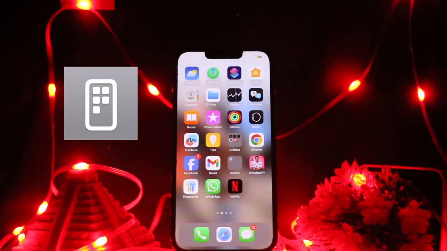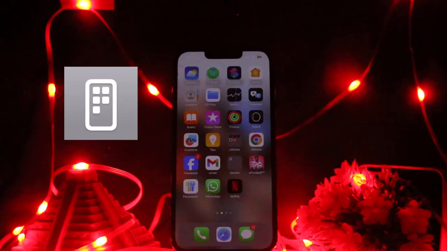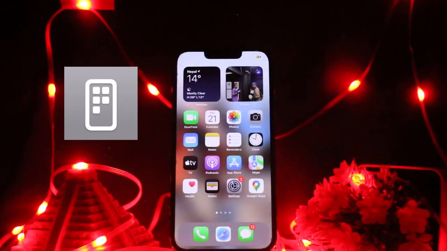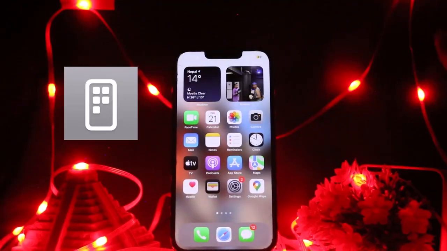So in the following video I will guide you to set up assistive access on your iPhone. Now if you want to set up assistive access on an iPhone but you don't know how to do it, then this is the video for you. So simply watch the video till the very end to know about it. So let's get started. Now assistive touch is an accessibility feature that allows you to use your iPhone even if